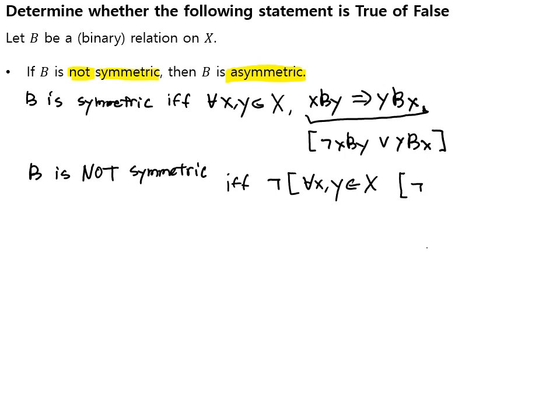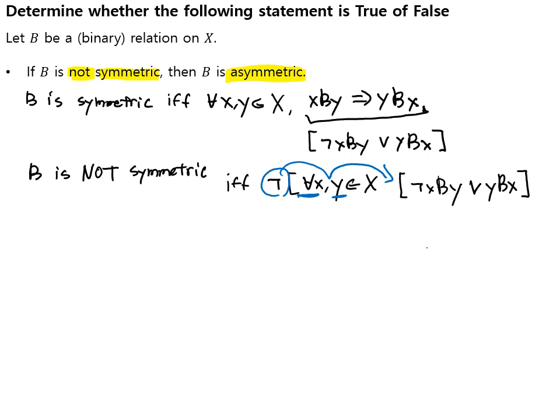Not x be y, or y be x. Right? So we can again move the negation inside the quantifier two steps and change the universal quantifier,